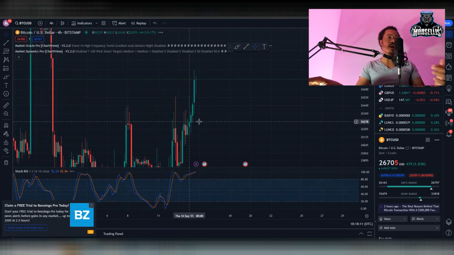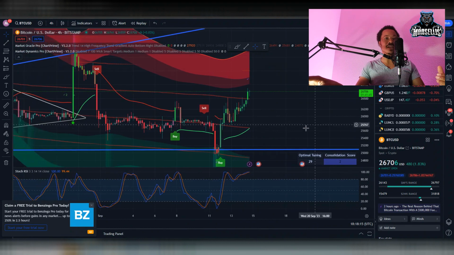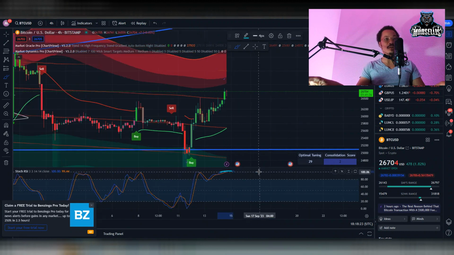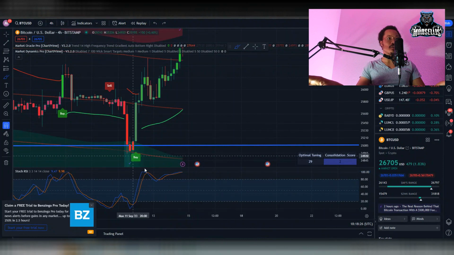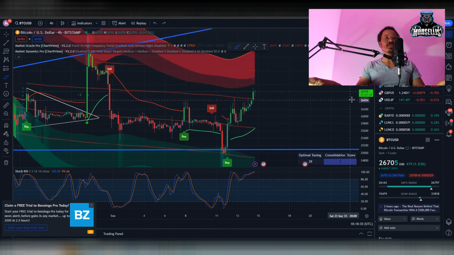Now looking over here at the 4-hour chart, you can see that we're literally at the top of the RSI, just like how Dogecoin was. That's why I said they're slightly different, but they're kind of similar, just like how Dogecoin was. But now you see with Bitcoin, it's already crossing here on the RSI. If you actually scroll in here, you can see we are crossing on that RSI now,